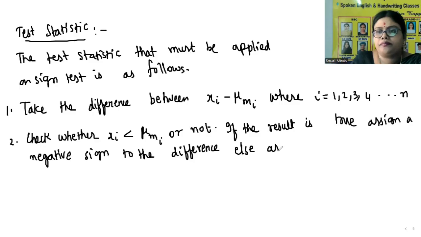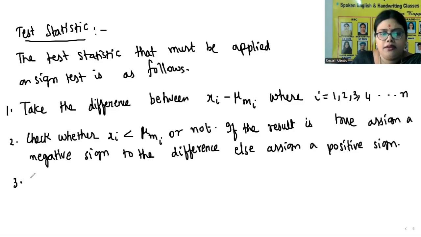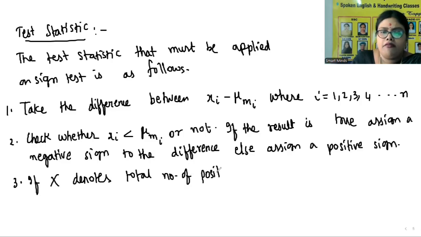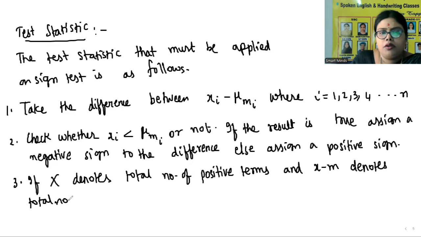Else, assign a positive sign. Number 3, if x denotes total number of positive terms, and x minus m denotes total number of negative terms,